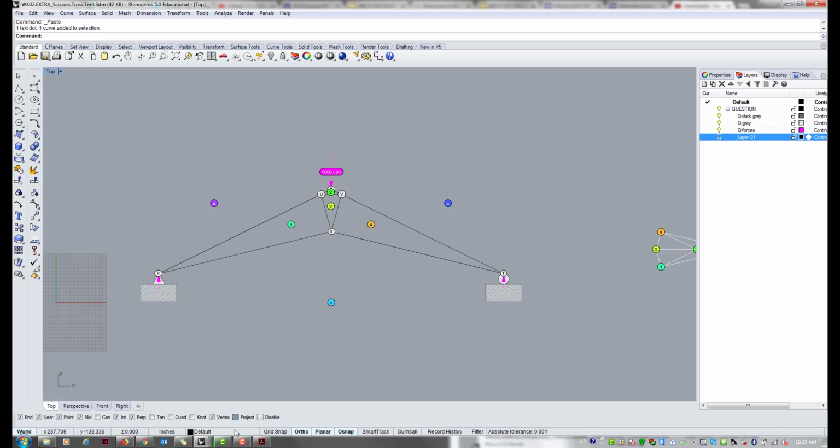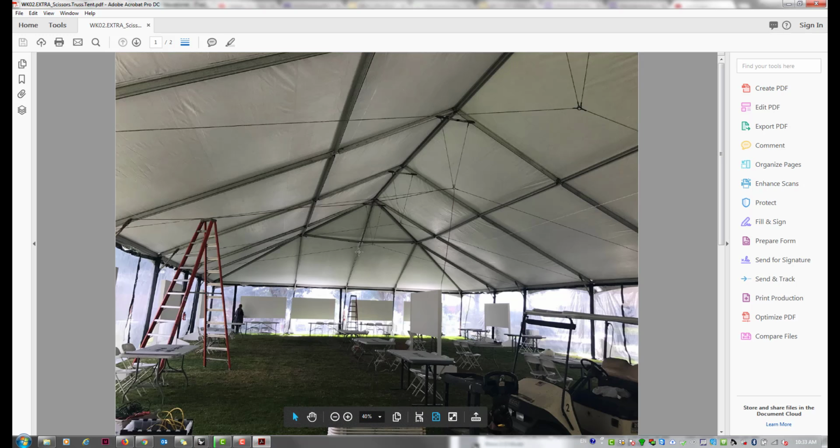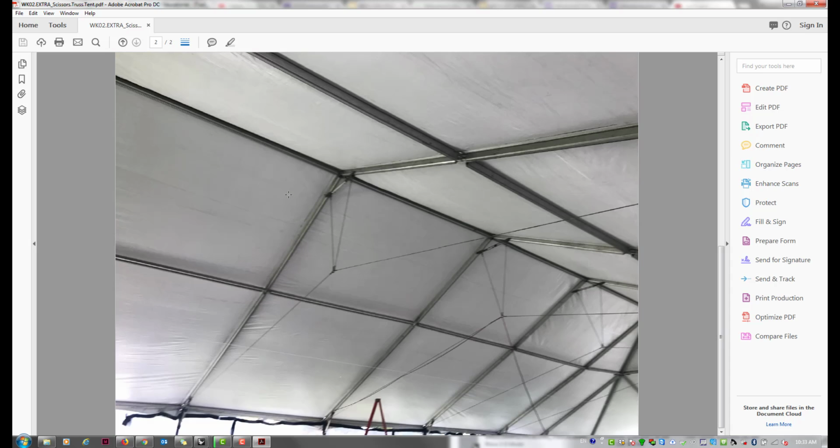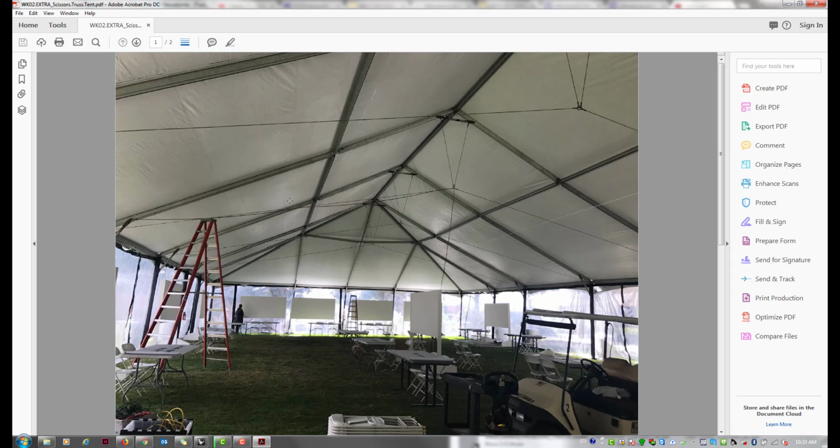So let's start with looking at this truss that's out there. I don't know what event this is for, do you know? Anyway, this is actually pretty great because it's super simple, but also you can see how